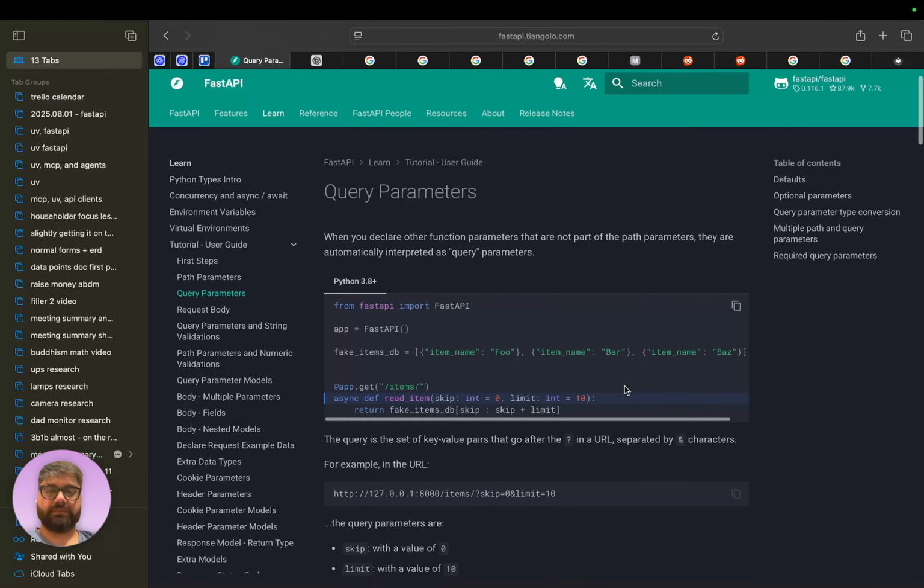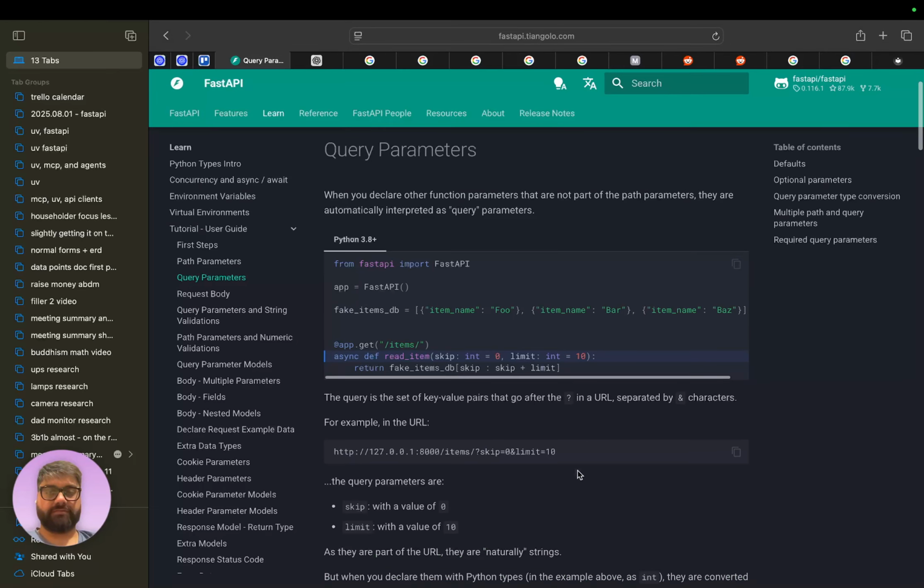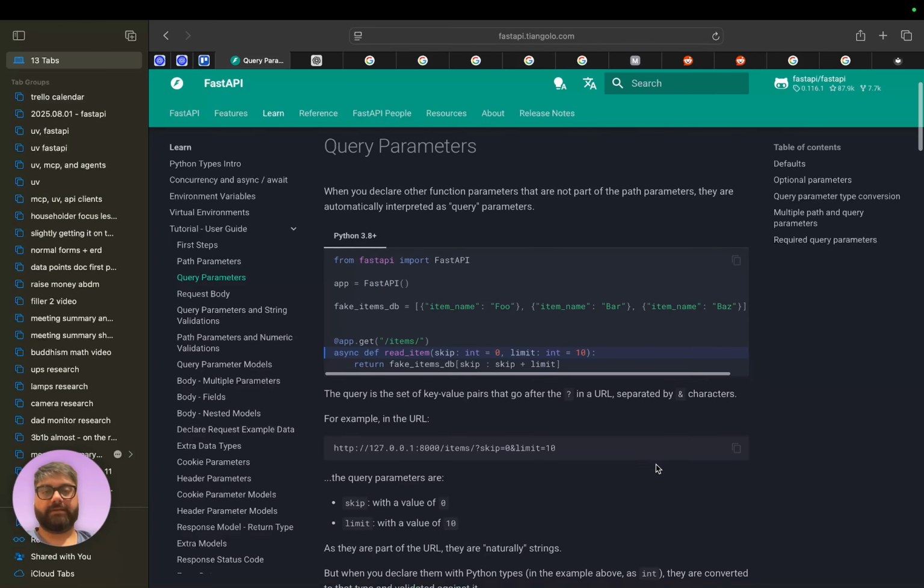This one was a bit confusing to me, not in terms of what a query parameter looks like. A path parameter, like item_id, would have been item_id/123, like from that previous example. Whenever you're done with the path, you do a question mark, and then you start separating the query parameters: blank, ampersand, blank, ampersand, blank.